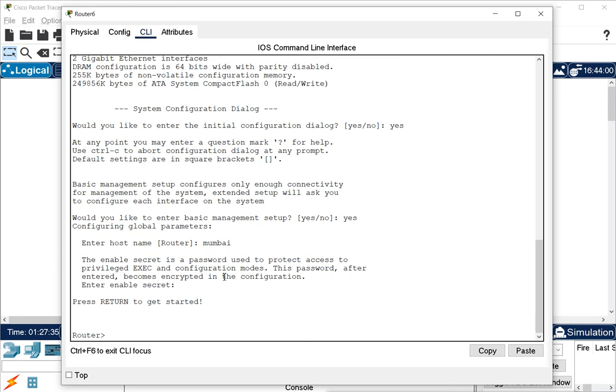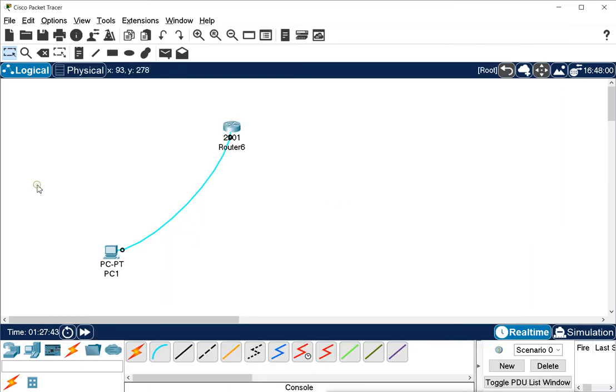And for that, first you have to understand the modes of the router. So this is the first mode of this router. It is still showing a little small, so I will increase this again.